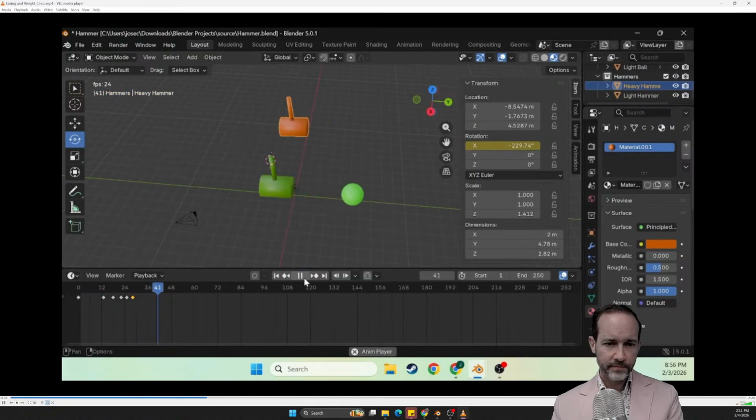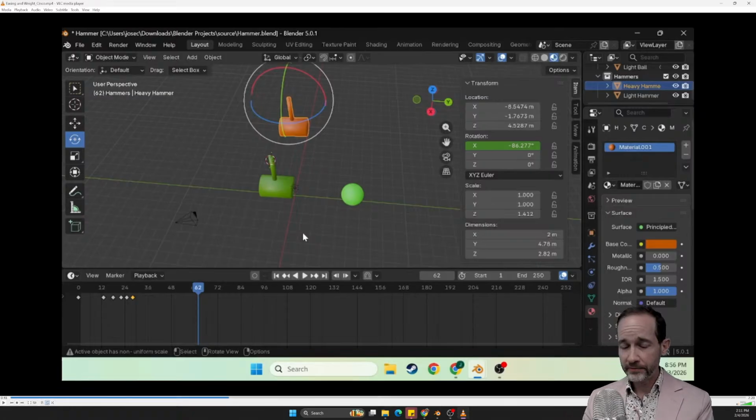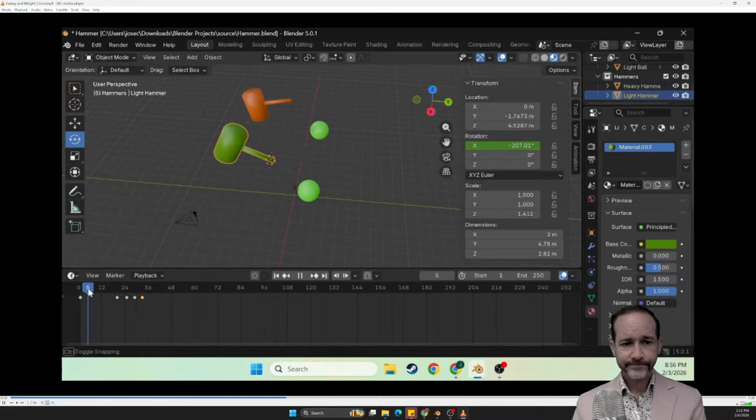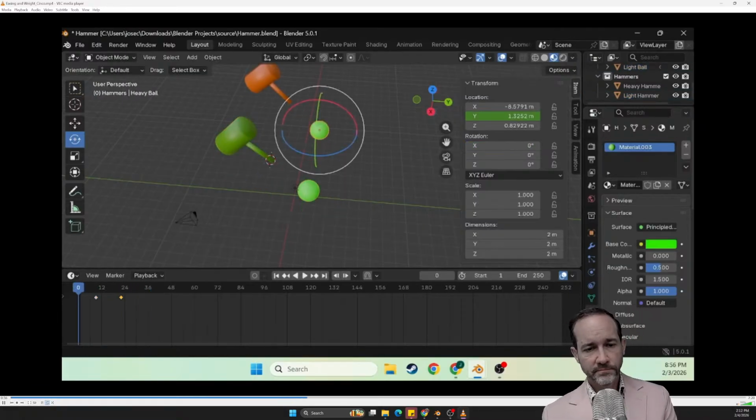While also including some little animations to make it look like they're swinging after hitting the ball. Yeah, you do have, again, the animation blocked out, but the distance between the keyframes needs to be worked on there. Which is something I learned from that previous class as well. That is how I executed it, as you can see here, with the keyframes being much different with each hammer, and the balls as well.